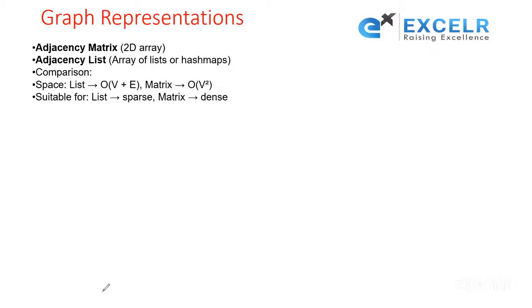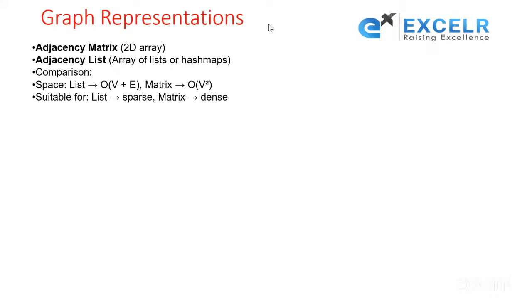Now the second representation is the adjacency list. Now what is adjacency list? Yes, can anyone tell me? See, if you know, we make use of an array. An array is a list of homogeneous elements. So we can say an array of lists is used to store edges between two vertices. So whenever there is an edge between any two vertices in the graph, we can make use of an array of lists to represent this adjacency list,